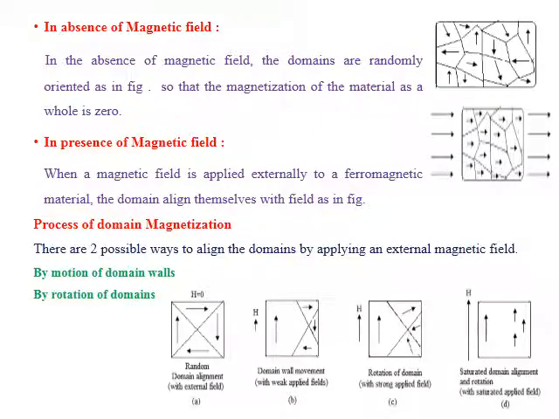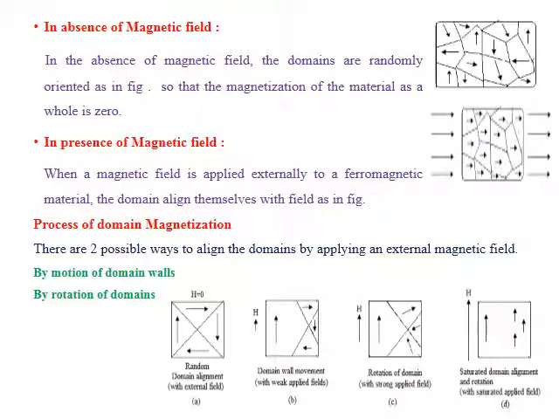So from randomly oriented magnetic dipoles to completely parallel oriented domains, we achieve this by two processes. The first is the movement of domain walls, and the second is the rotation of domains. The motion of domain walls happens in low magnetic field. During this process, the individual dipoles present in the different domains reorient themselves in the direction of the applied magnetic field. The size of the domains increases, with the domain walls shifting from one point to another for the growth of the region.